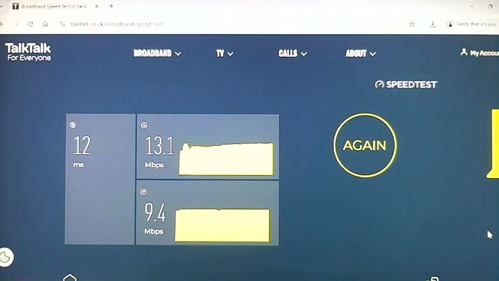Let me explain something else. Now take a look at this speed test. In terms of gaming for PC streaming, you want to be able to run it at a certain speed. This is really low, very low. You need at least 3.0. This is not giving you that. It's really low. You need around about, I would say,